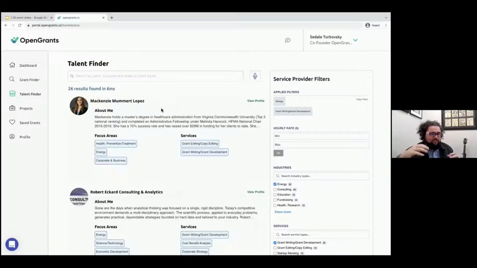But if you find yourself in the platform, one of the things that we have heard from our users is that sometimes the search just isn't super intuitive. And a lot of that has to do with a mismatch between how normal people talk about funding and how the government talks about funding. And so the consultants can really help you drill down into specific things that you're trying to accomplish, and they can give you some input and insights into maybe better words to use or specific agencies to look at